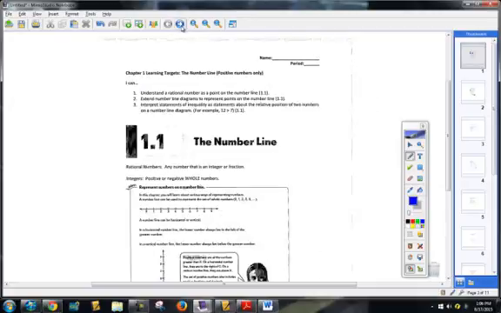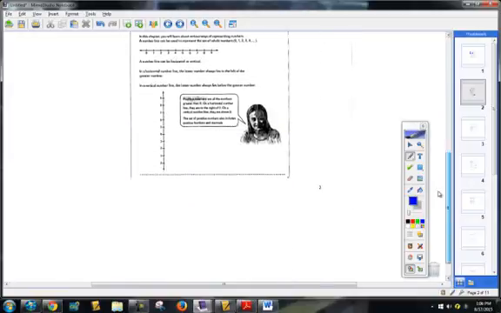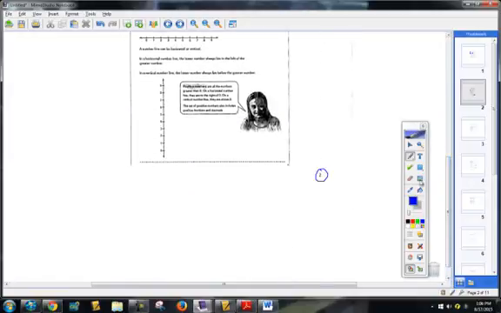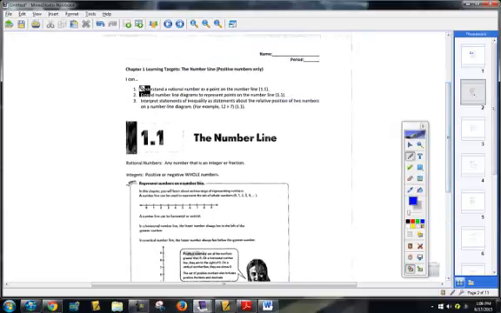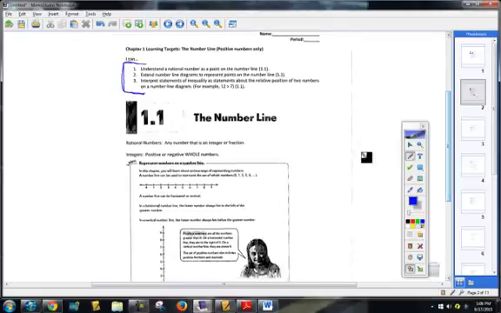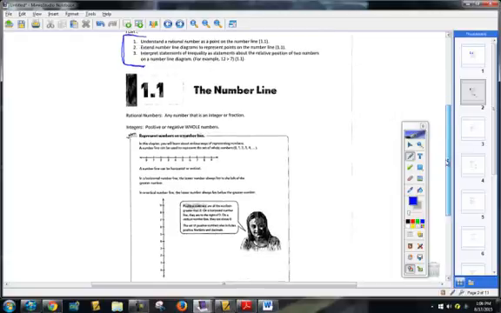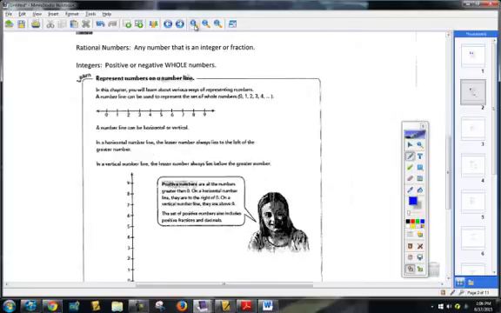So let's go ahead and flip to the next page there. So you should have page numbers at the bottom. So you're on page 2, okay? And there's your learning targets once again. So you should always know what you're learning, okay? That should be something I should be able to ask you what the learning objectives are, what the learning targets are, and you should be able to tell me, okay? First of all, let's look at